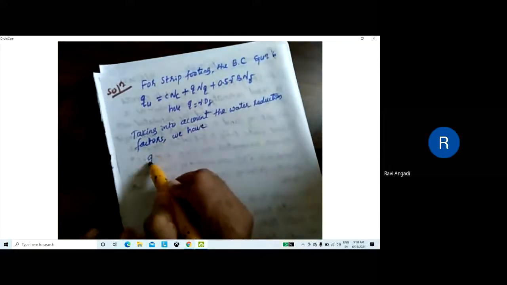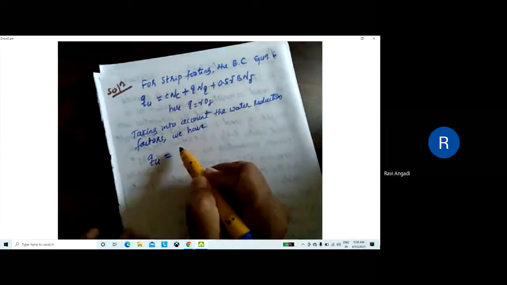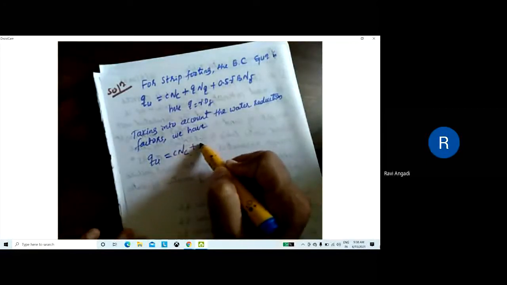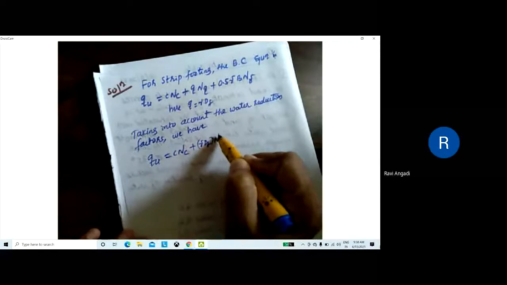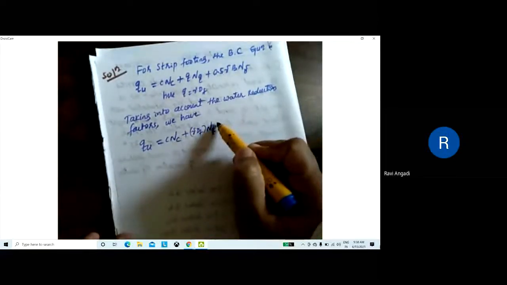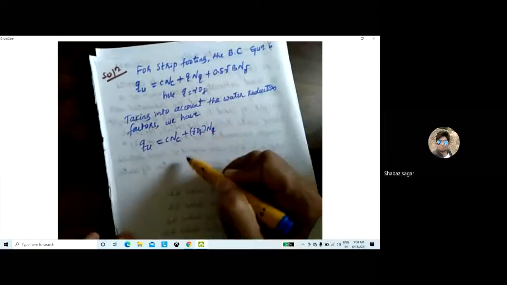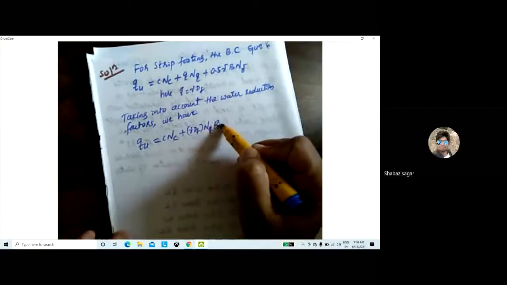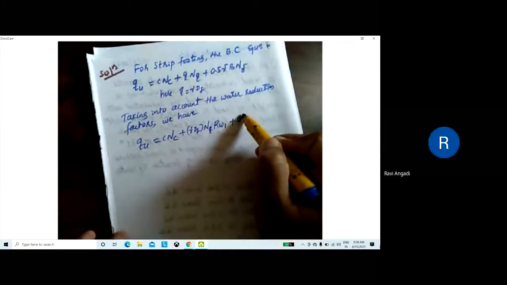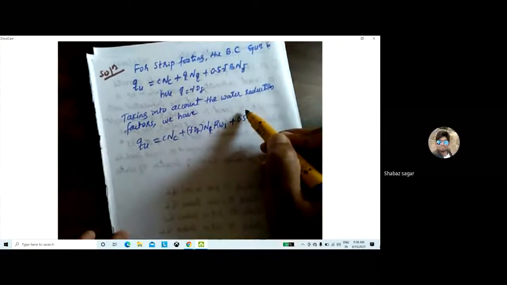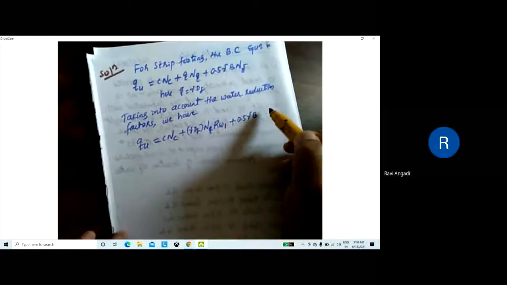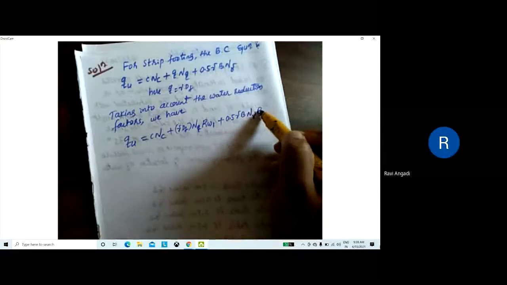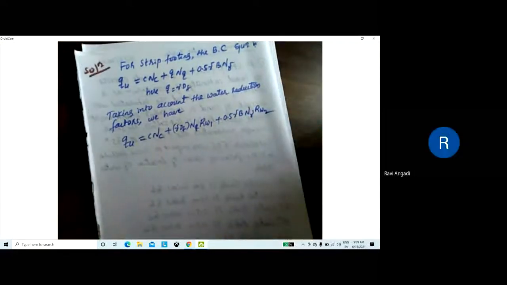Can anyone tell what is the change in the equation if we introduce the water reduction factors? cNc plus gamma Df Nq. It is a strip footing, so 0.5. Okay, but with water reduction factors taken into account: Rw1, plus 0.5 gamma B N gamma Rw2. So this is the equation you have to write.